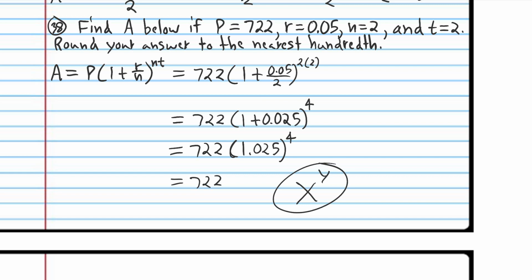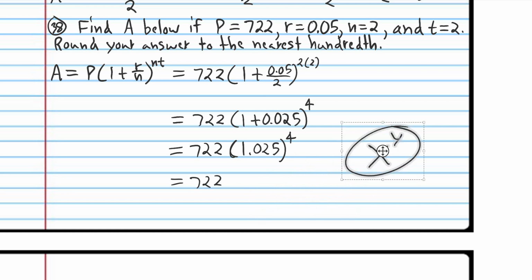So you've already pressed 1.025, then you push this button here, x to the y power, and then you press 4 because that's the power, and then you push the equal sign. So that's going to give you a huge number,